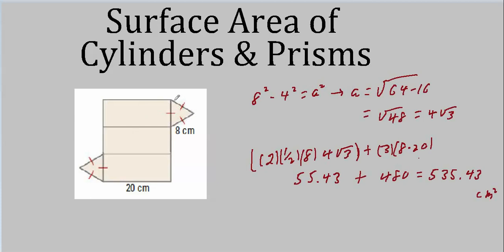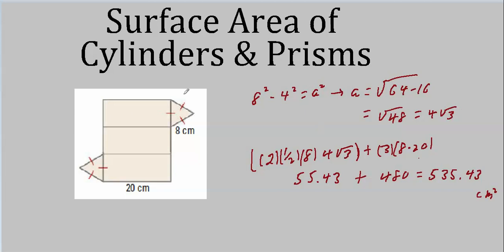So for the area of this, we need the altitude times the base times 1/2. Remember, that's the formula for the area of a triangle. Our altitude is the square root of 8 squared minus 4 squared. Remember, we just draw a little right triangle here. This is isosceles, so we just finish this off here, produce a perpendicular bisector. This is 4, this is 8. We need to find the altitude here. It's 4 times the square root of 3.